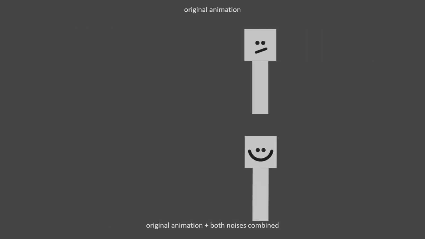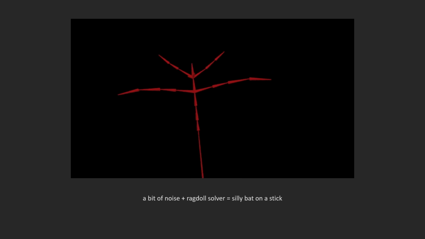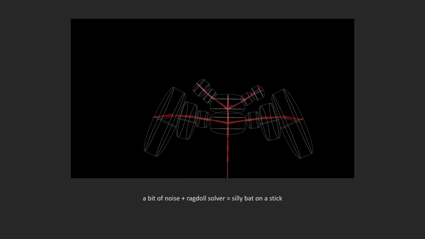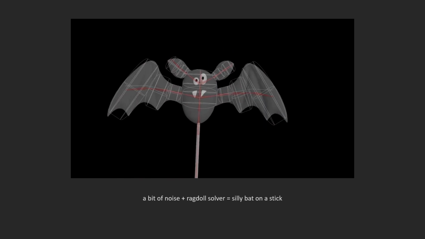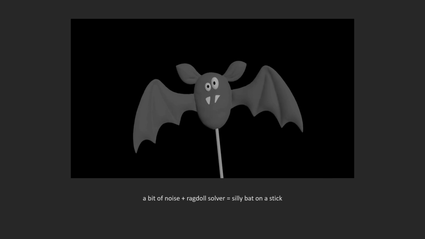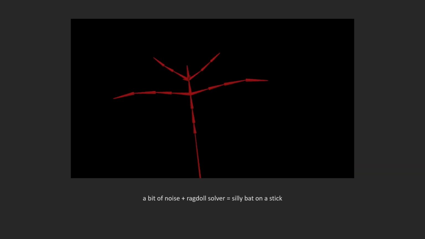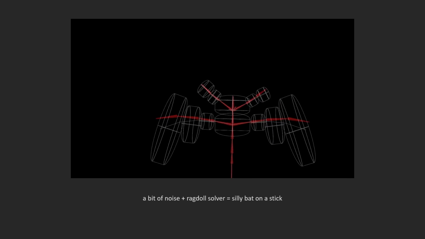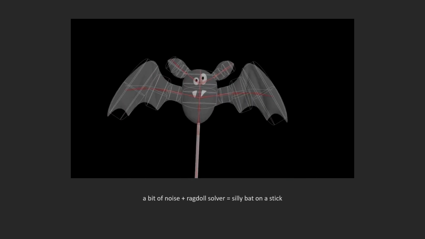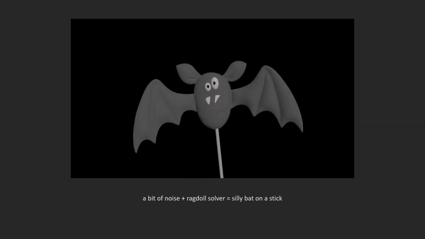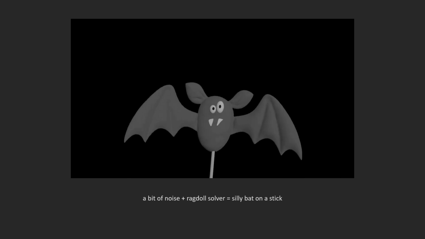So yeah, that's one way to do it. This is a more, let's say, elaborate example, but same thing. A bit of noise. You put a bit of a ragdoll solver for some secondary motions, and you have this. You have it,